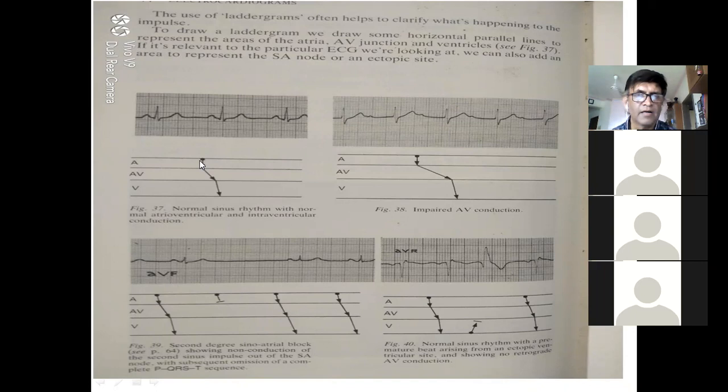You can see the time, so this part is this dot. Can you see the P wave? That is the SA node. Coming here is the PR interval. Can you see the PR interval? Okay, atrium. Then it comes down, AV junction. So when the rhythm starts from the AV junction, the P wave will be missing. In case of AV junction, the origin will be from the QRS. There will be an absent P wave.